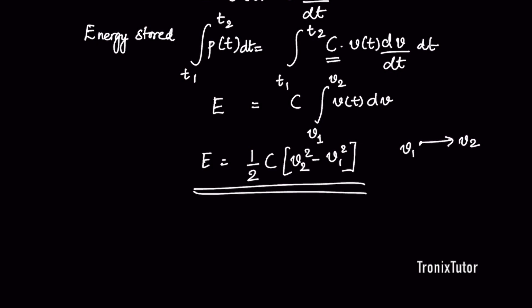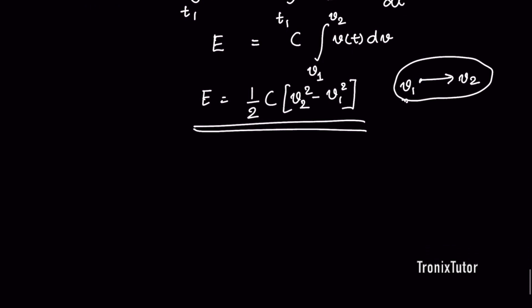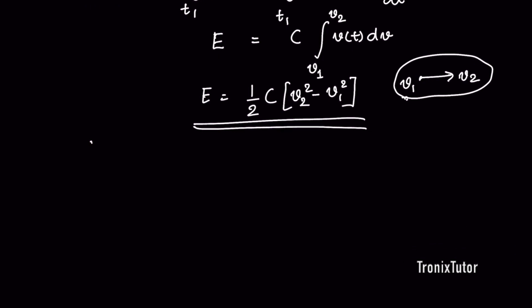Right? And what you see here is that it doesn't matter how the voltage changes, as long as the voltage changes from V1 to V2, the energy stored in the capacitor is just half C times (V2 squared minus V1 squared). So initially, if you assume that the capacitor is discharged, if I assume V1 is equal to 0, then once I charge up the capacitor, the net energy stored in the capacitor is going to be given by